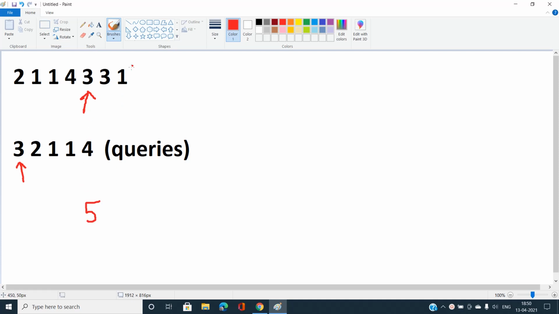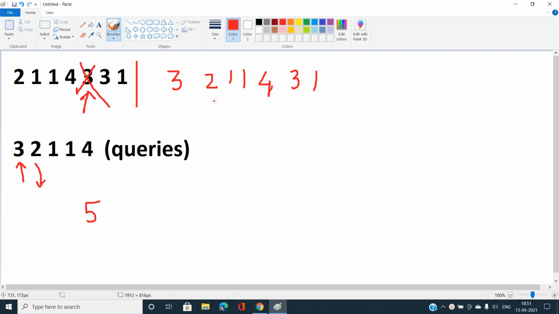After doing this, I need to take this card and place it at the top of the deck. So it would become 3 2 1 1 4 3 1. Now we are asked again for the minimum index of color 2.